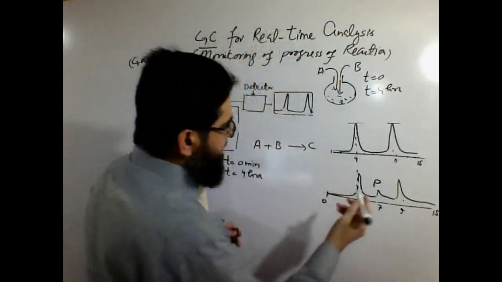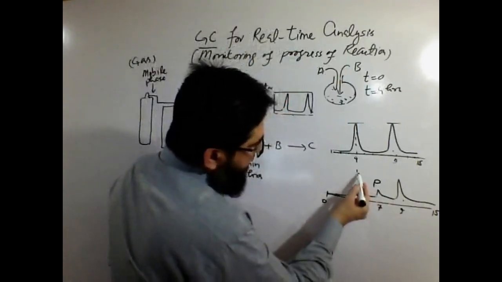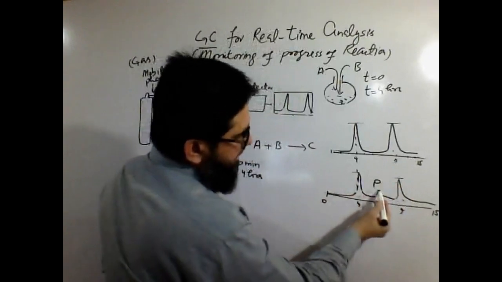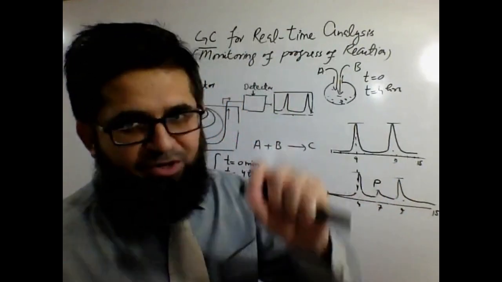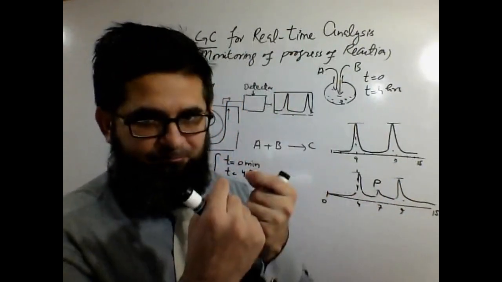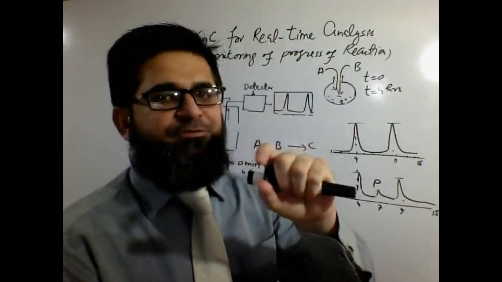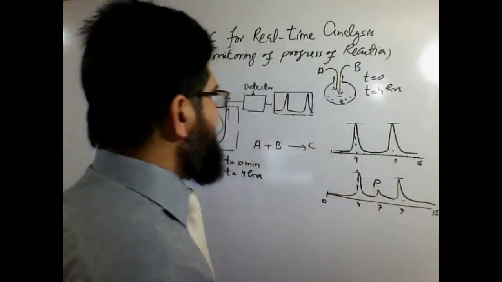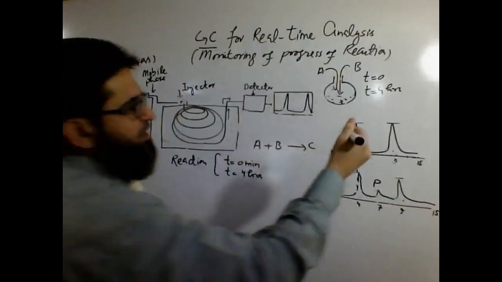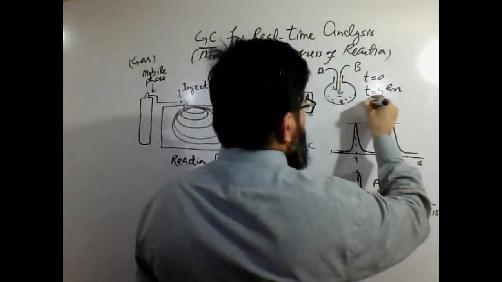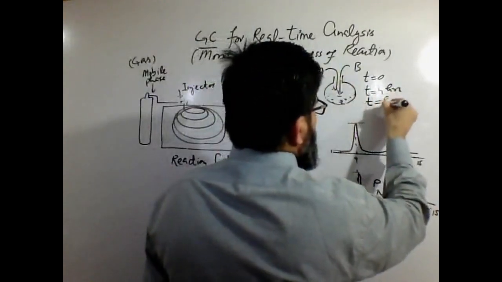From the peak area, the reactant peaks are higher than the product peak. The product peak is smaller. It means the reaction is slow. A lesser amount of product has been formed. Reactants are there, so we will let the reaction run. Let's say it's still running. After 8 hours,